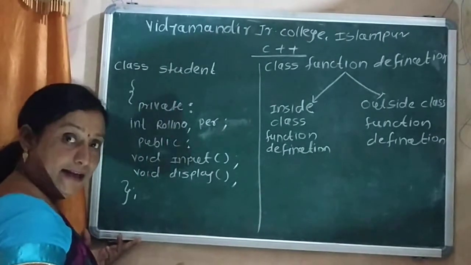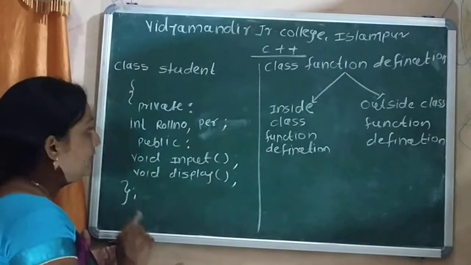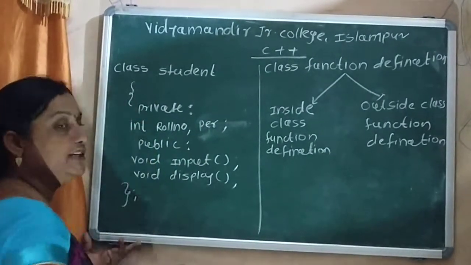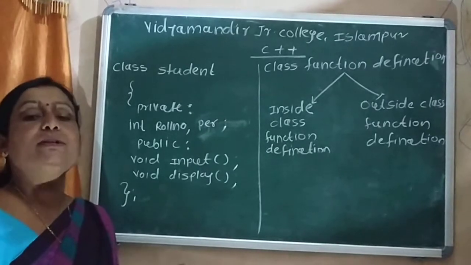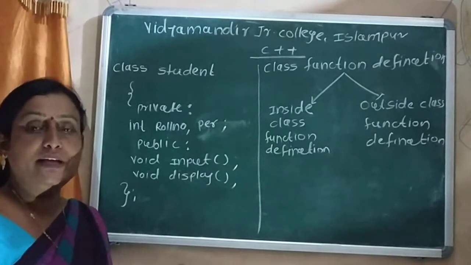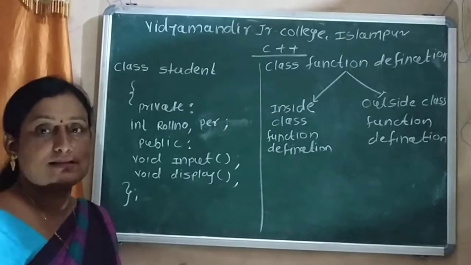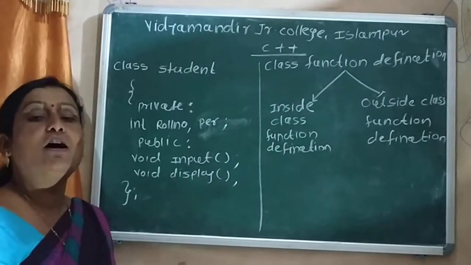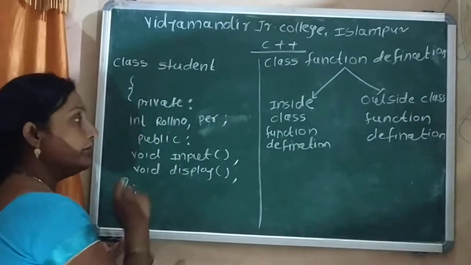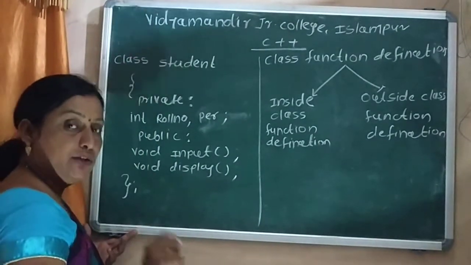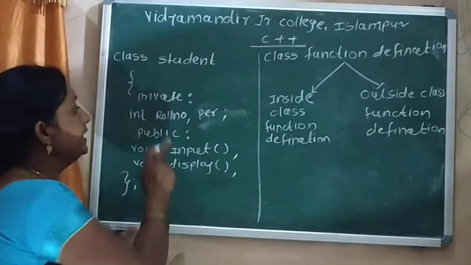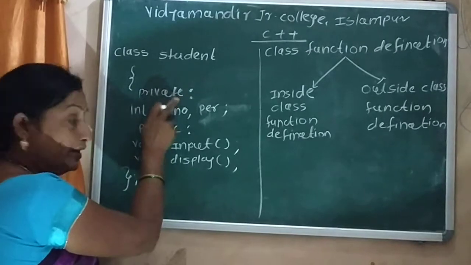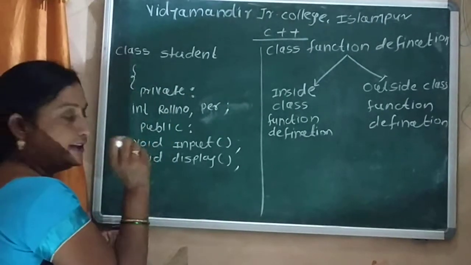We discussed data hiding. When the variables as well as functions are declared in the private section, they can be hidden from external use, or hidden outside the class, apart from the data members and member functions of the class. So the variables and functions which we want to hide must be declared in the private section. Here private is also a keyword, so we write it in small case.